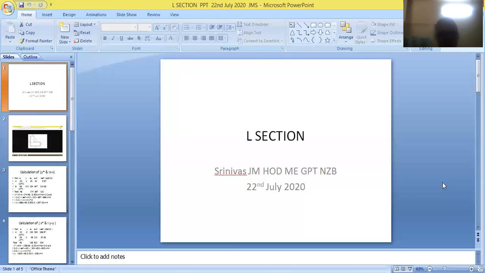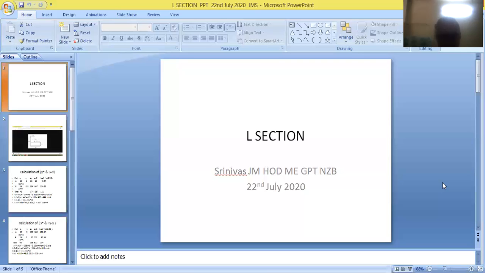Therefore, unless you measure the values of X bar and Y bar, we cannot indicate these values on the figure. After completion of the problem, we have to indicate the values of X bar and Y bar on the diagram. Therefore, initially we have to measure the values of X bar and Y bar.